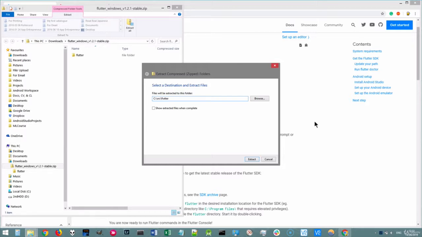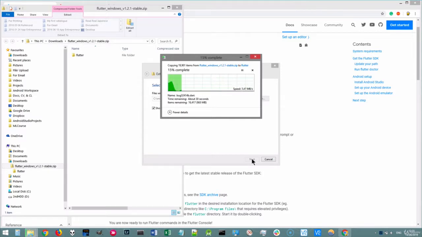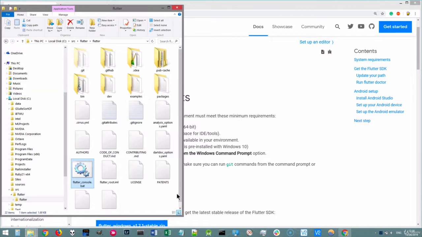/source/Flutter. Now, it's really important that you don't put this in something like C/program files, which requires special access privileges. We want all users to be able to access this Flutter folder. So once you're done, go ahead and select Show Extracted Files when complete and extract it to that location. Now, it's going to take a while to complete, but once it's done, it should open up inside our source/Flutter. And then you've got Flutter installed onto your system, and you can start running Flutter commands by locating the file called